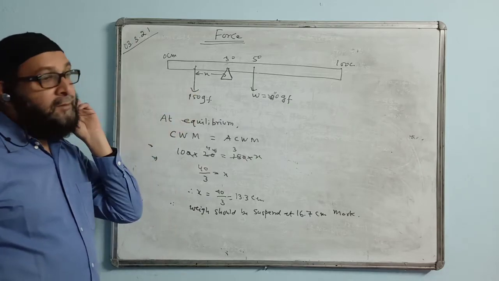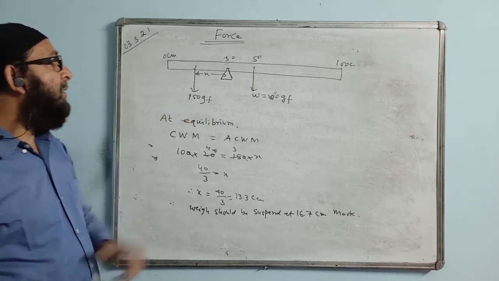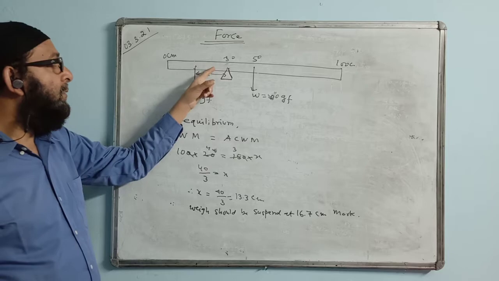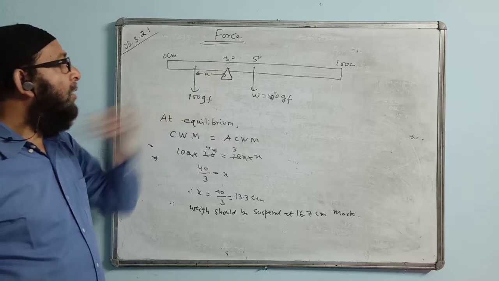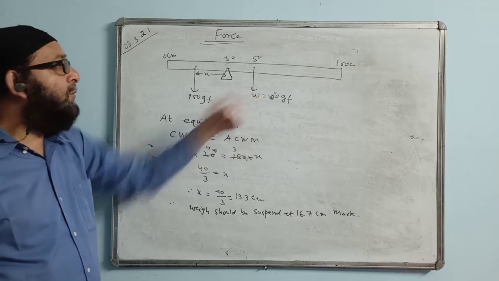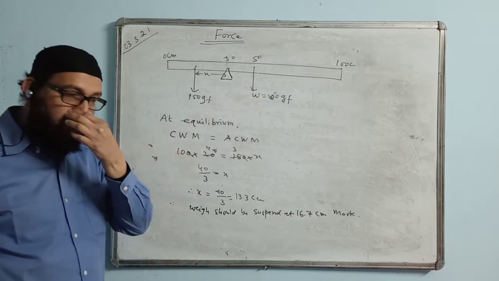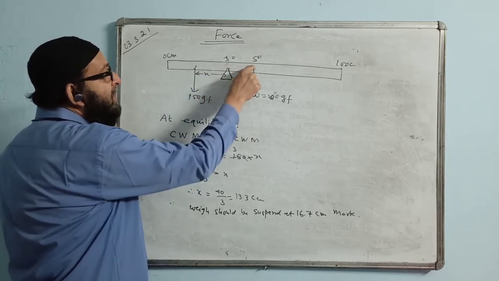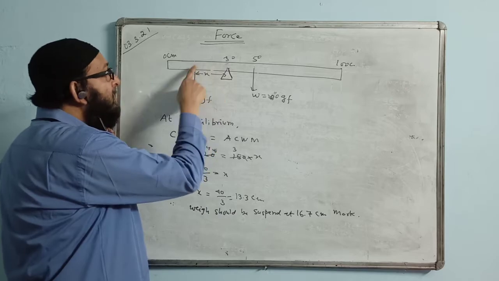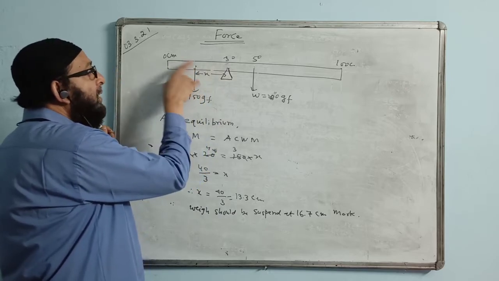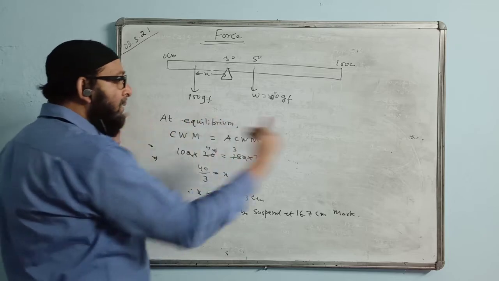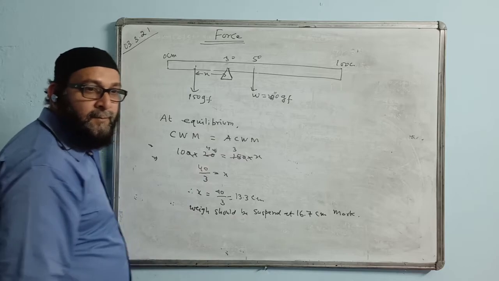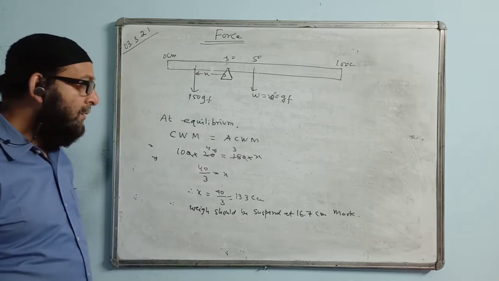Now in the same question, they could have asked this. When this one is shifted towards this side, how can you balance it? Where should the W be shifted, towards the left side or towards the right side? If you push it this side, then this distance will increase, isn't it? So this should also be shifted in the same direction, so that here also you increase the distance. Both sides: if the distance is decreasing on one side, from this side also you have to decrease the distance. Did you understand? Once again.